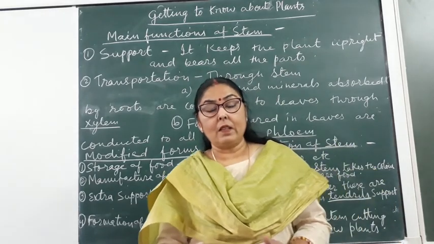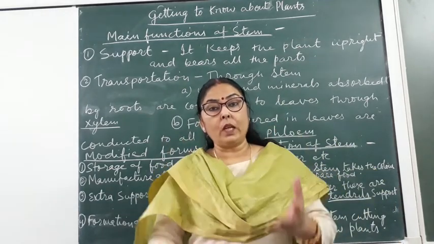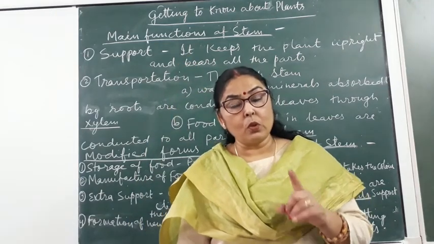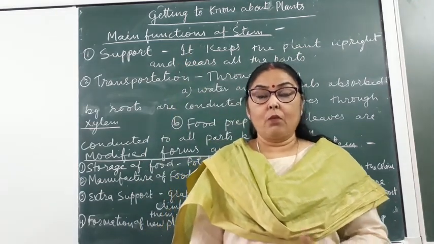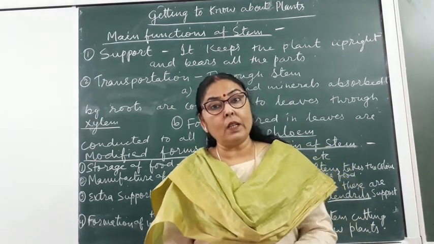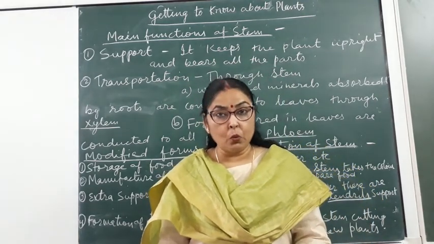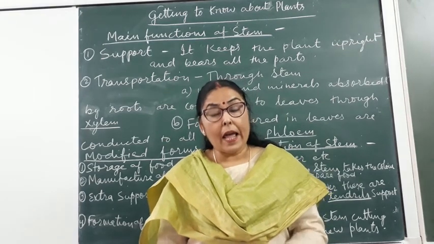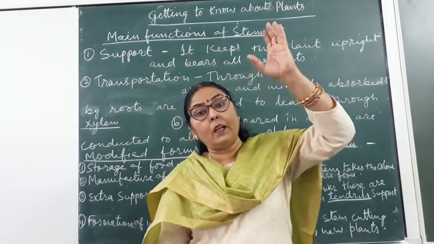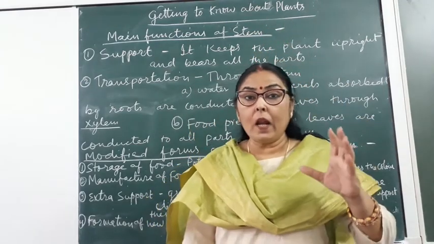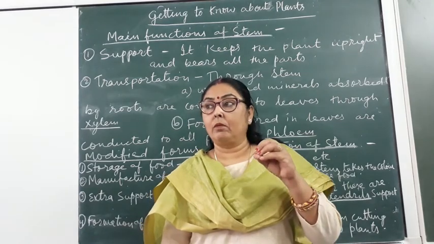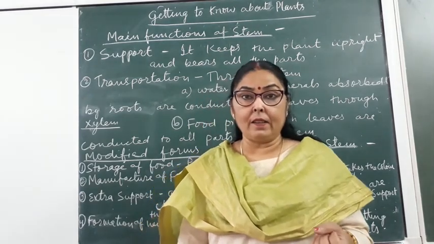In plants, water is transported from roots to leaves for photosynthesis. For photosynthesis, water is essential, and this water is absorbed by the roots from the soil. And how is it transported or conducted to the leaves? You all have seen that there is no other support to the plant.